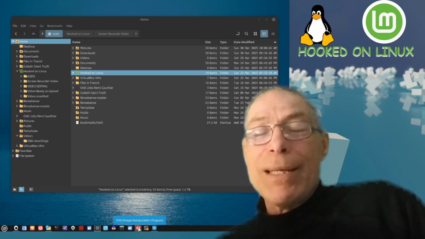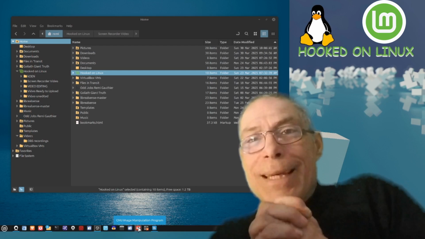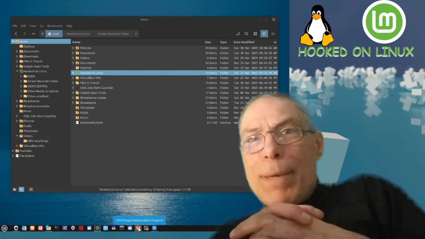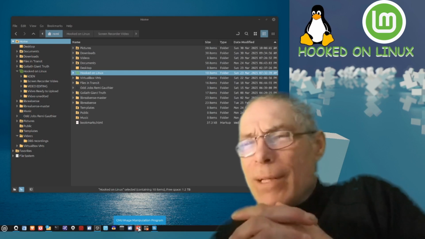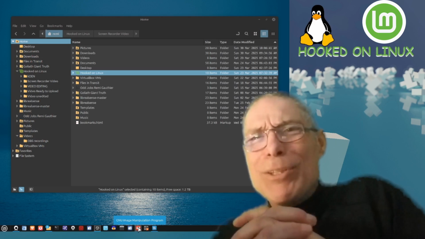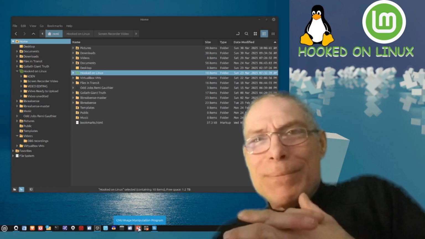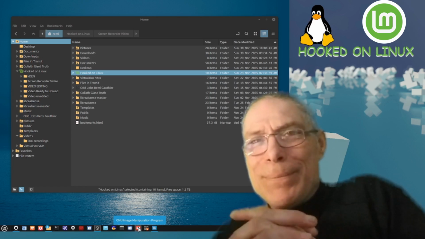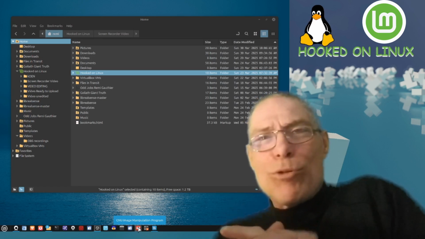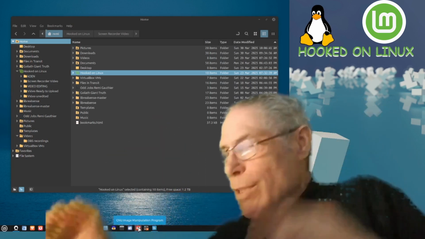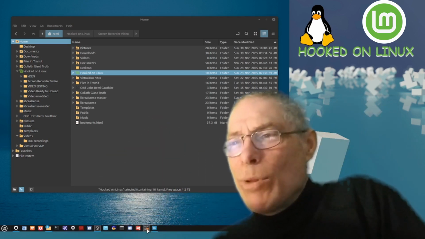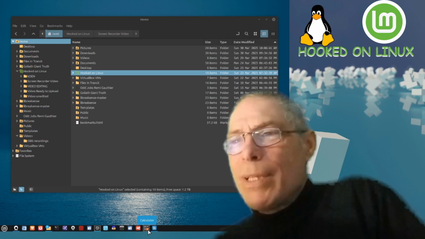I tried in the Windows days to use Photoshop, and I could not wrap my head around it. I never understood it. But GIMP rivals Photoshop. So it's great. Of course, calculator we just put there.